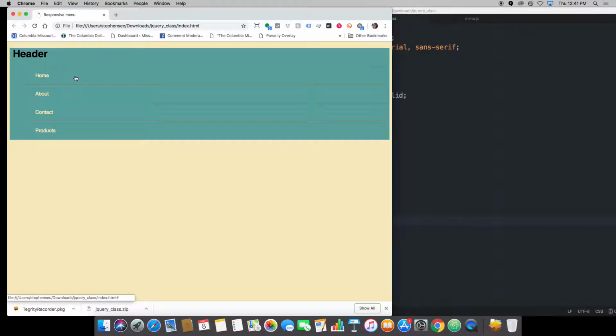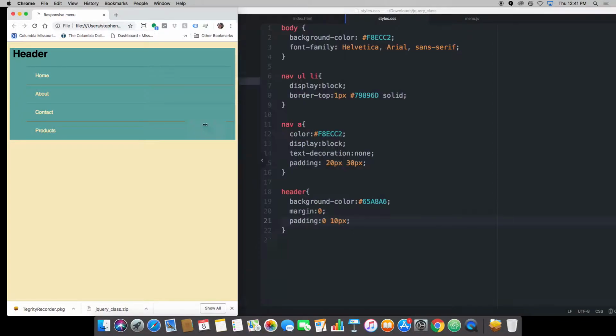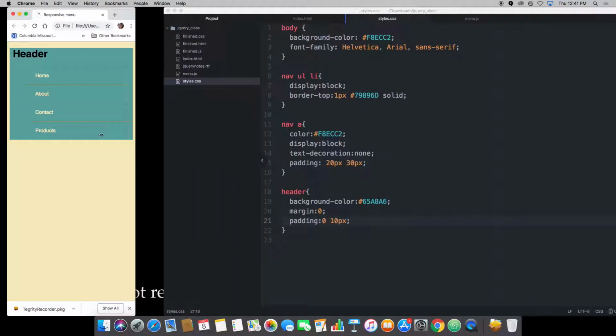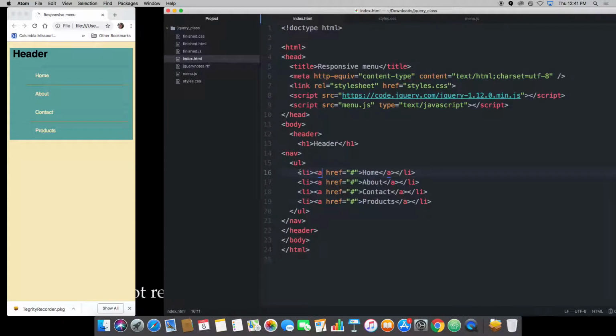So I have a header with a list of menu items. I've got them separated here. I mean, we're building a mobile menu, so the intention is that it will look like this. So we need that hamburger menu, or the three lines that you see frequently on mobile sites. So where we're going to put that is,